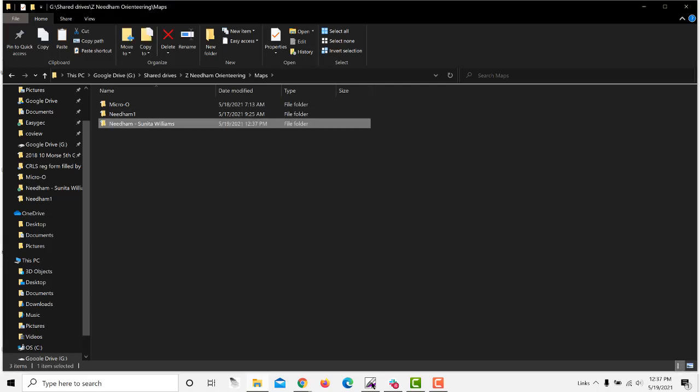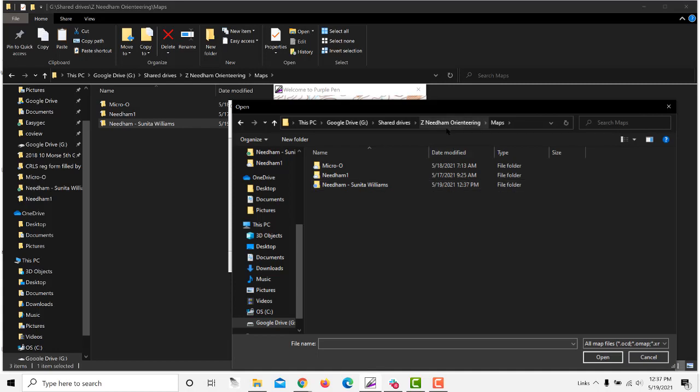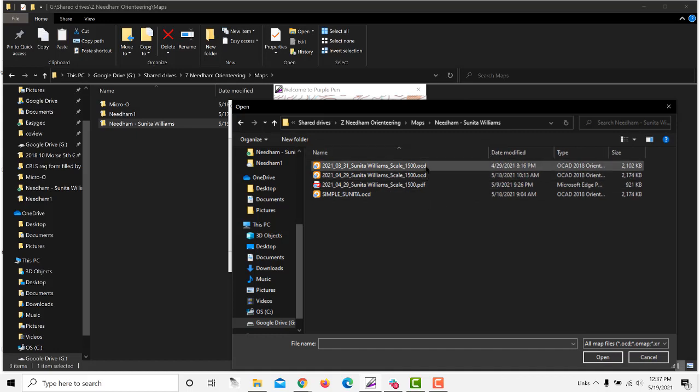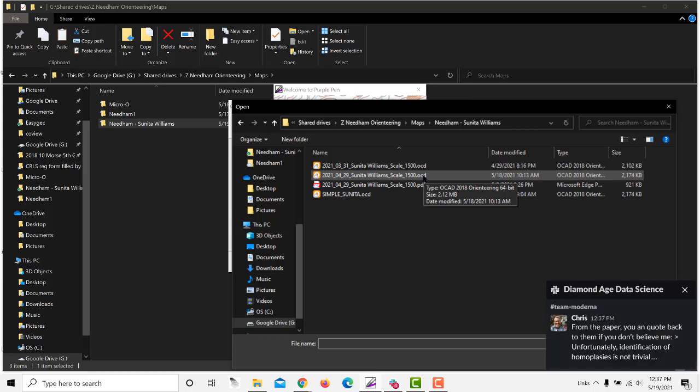Great. Okay, so I'm going back to PurplePen, and I am going to open. So now there's different versions of the map. There's an OCAD format and a PDF format. I tend to use the OCAD format because that's not sort of human readable, but that's the format that is used by the map making software, either OCAD or